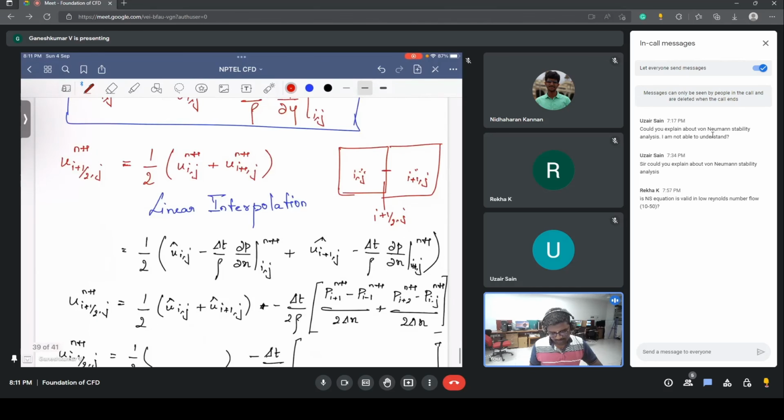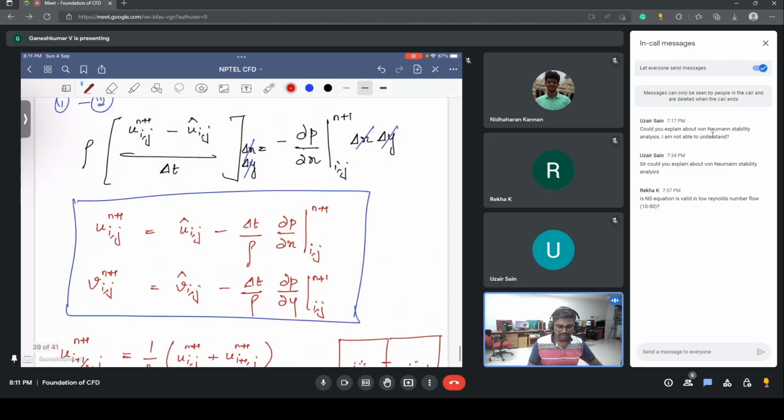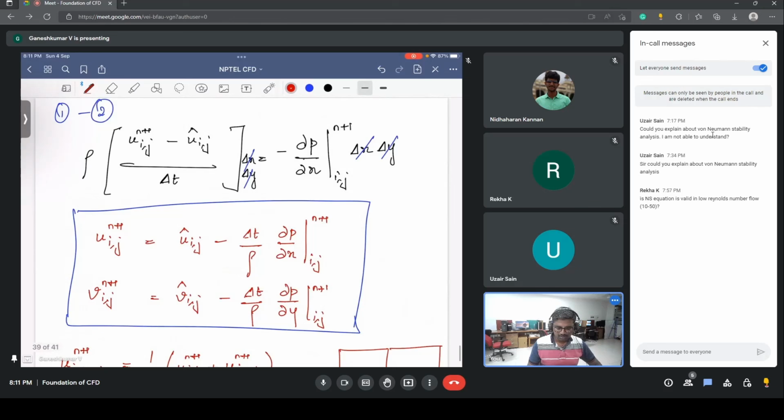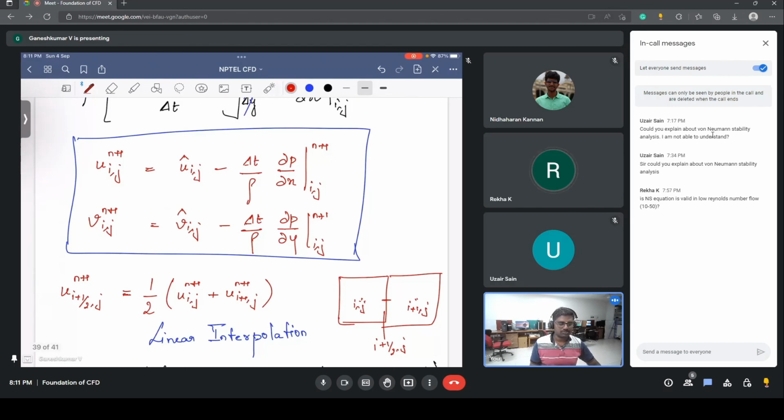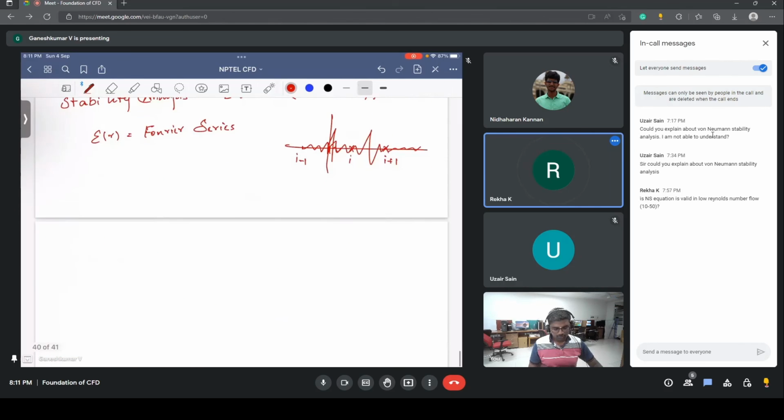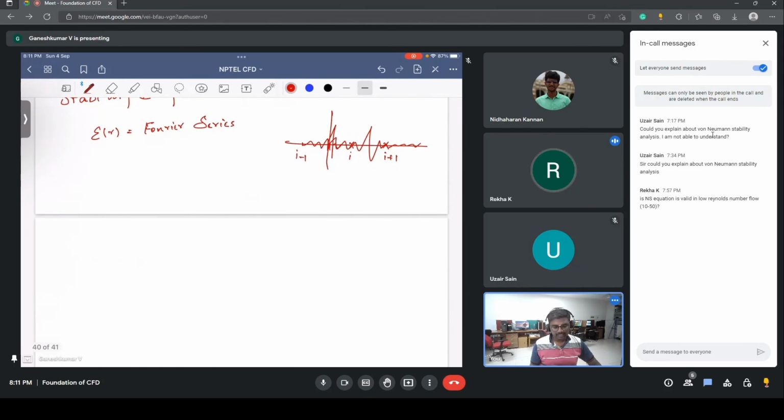We will complete this quasi-Richo in the next class, and we will try to model the lid-driven cavity flow, or our first problem. What is the problem? The flow through a channel. Either of these we will